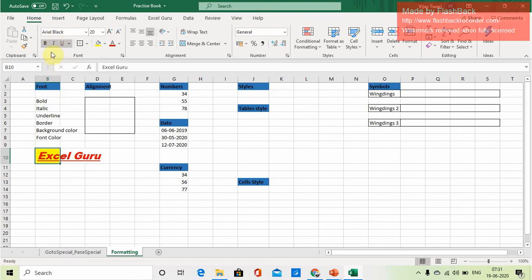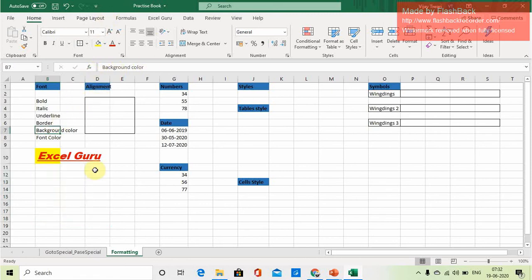So this is bold, italic, and underline. If you uncheck italic, see, it is not highlighted now and the text is no longer italic. This is how to change the size, font color, background color, bold, italic, and underline of any cell value. If you want to change an entire range, you can select the range and change that entire range too. All right, so let's come to alignment.